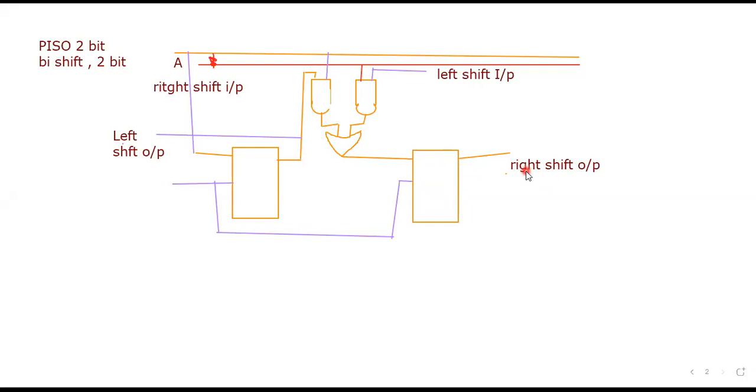Now what about left shift? So we are providing our left shift over here. So in this case, our A would be 0. So complement would be 1. So this gate is working and this one is off. Okay. So whatever input is provided through this OR gate, it would process and we will have output over here. Okay. So we have to shift this output. This output needed to be shifted